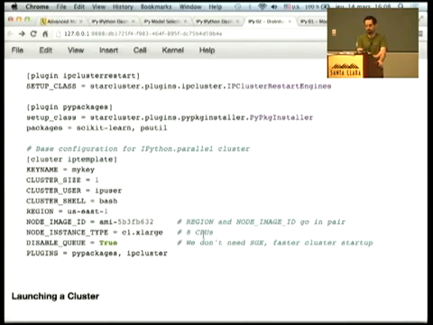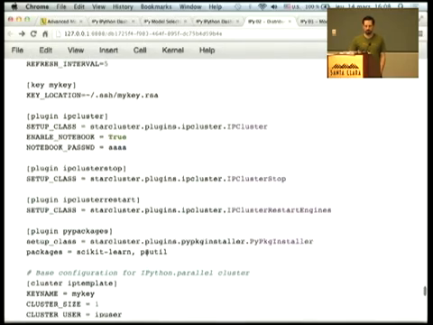They are more expensive too, and they are not available everywhere. So depending on the region that you choose, you might need to select lower machines. You can also disable SGE to make it faster, and you can configure the plugins that you want to start at startup. So in this case, we want to install scikit-learn and psutil,